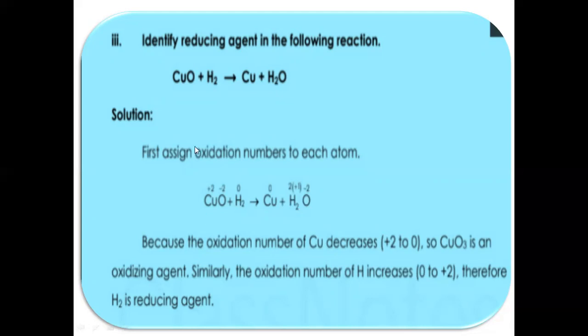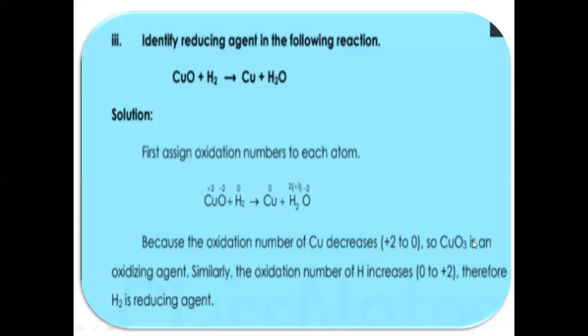Copper from plus 2 goes to 0, it is reduced. And the other one is hydrogen, from 0 to plus 1. The increase in oxidation state of hydrogen shows that hydrogen is oxidized and will act as a reducing agent. Because the oxidation number of copper decreases from plus 2 to 0,